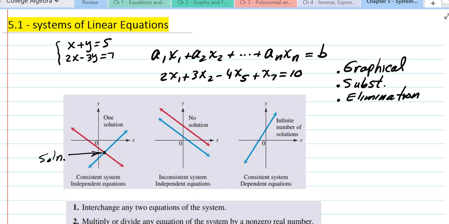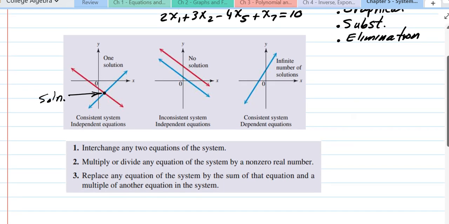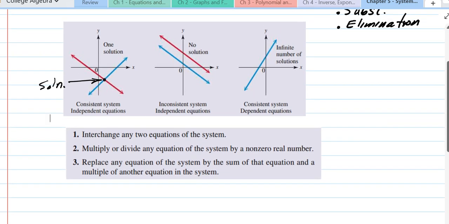And we will look at an example where we have a dependent system and how we can actually write the solution set. Now, before we actually proceed to solving systems, we're going to look at a set of what we call elementary row operations, or elementary operations, which we can do on the system. Now, there are three of them. The first one